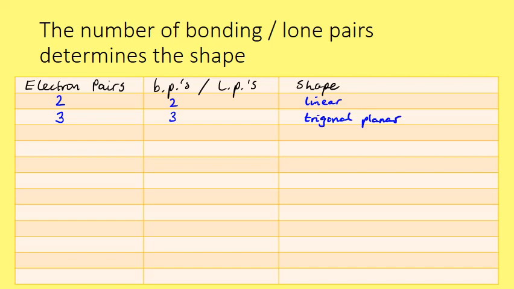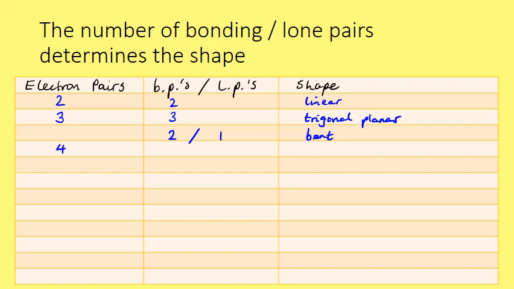Again, we'll look at what a trigonal planar shape is, but for now I just want to list it out. Of course, we could have 3 bonding pairs, or we could have 2 bonding pairs and 1 lone pair, in which case it wouldn't be trigonal planar, it would be a bent shape, like a bent straight line. Okay, so that's the 2 options we have for when there are 3 electron pairs,